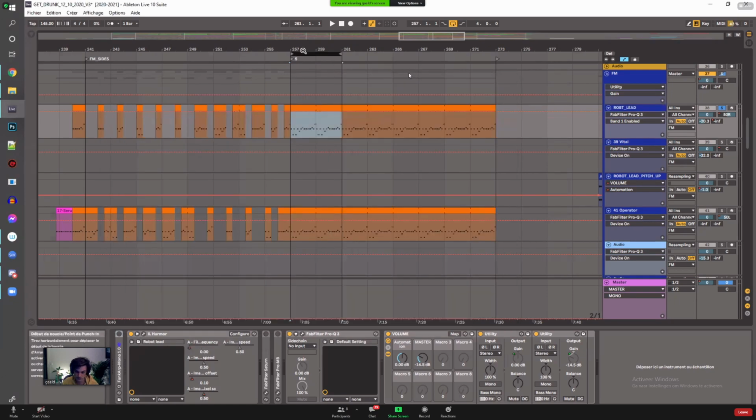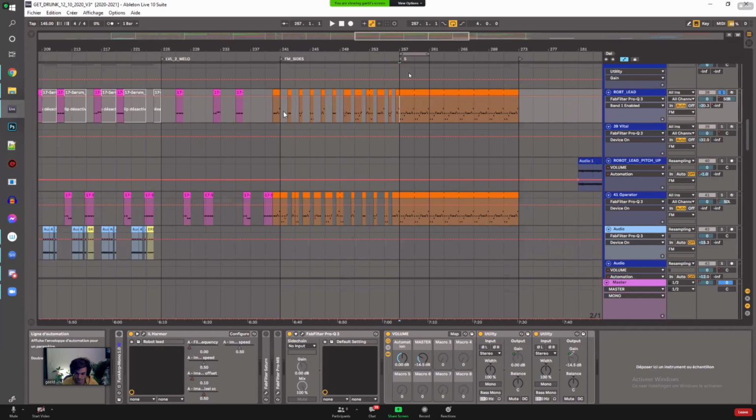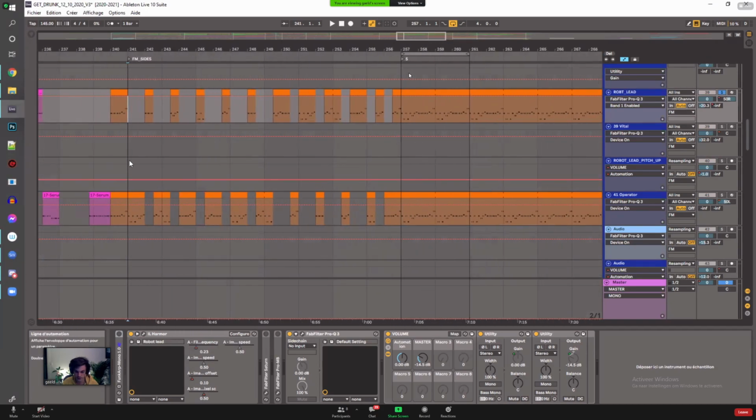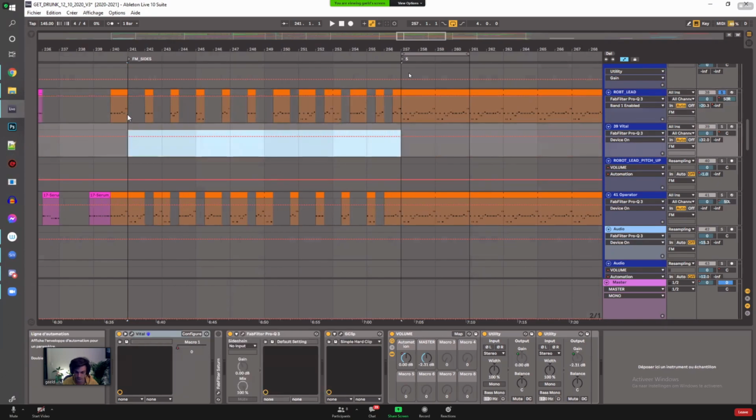Okay, so those were the FMs. When I arrange my track, I usually like to have everything in the middle. So I make sure everything is audible in the middle. And when I'm happy with that, I'll go in and just displace them and pan them right, left.